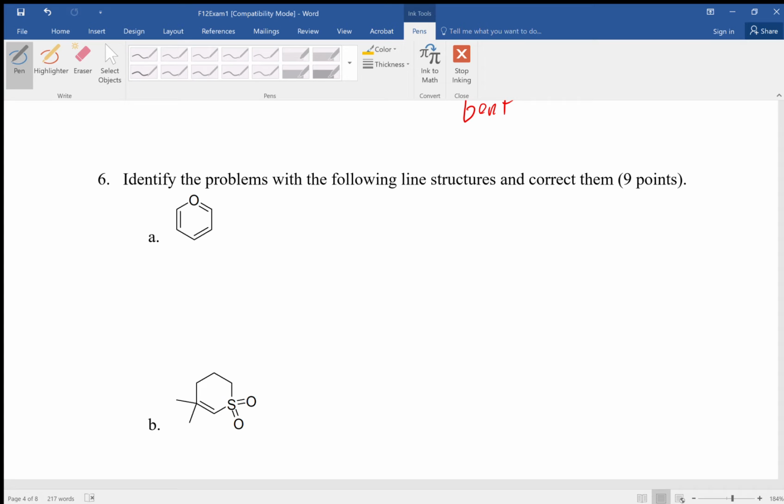Alright, question 6. We're looking at some line structures, but specifically we have a series of line structures that have a problem. And so we have to do two things in these problems. We have to first of all figure out what's wrong with them,